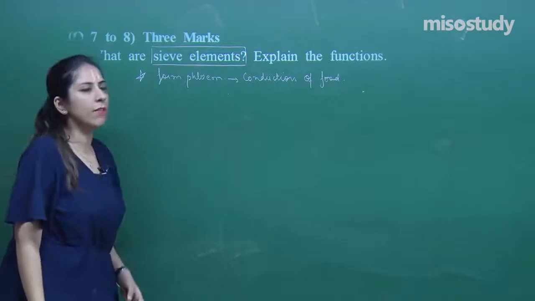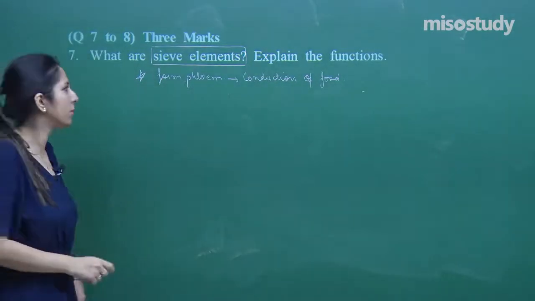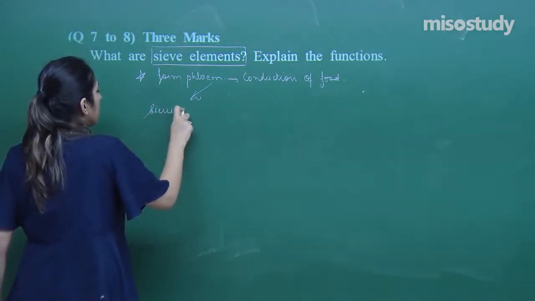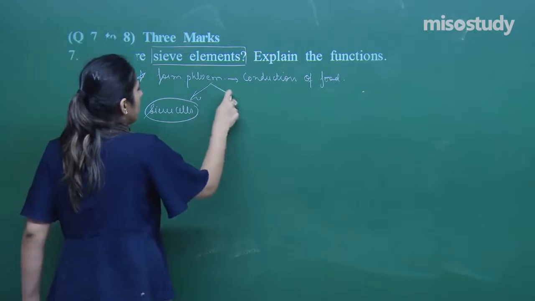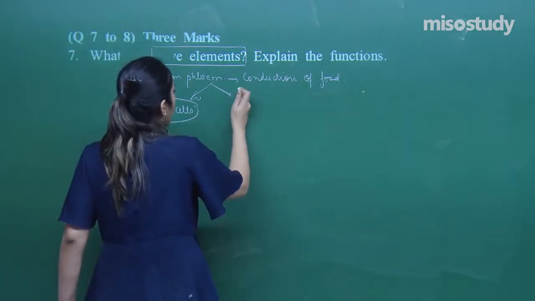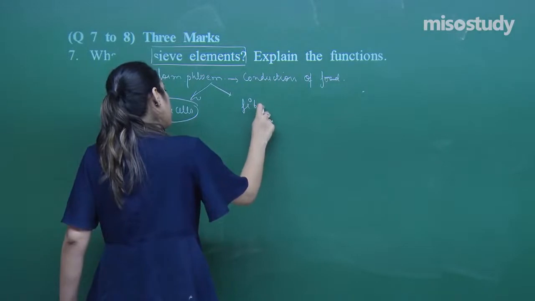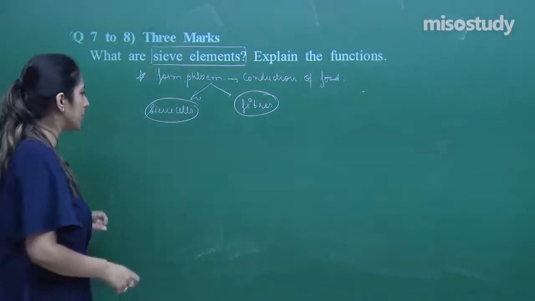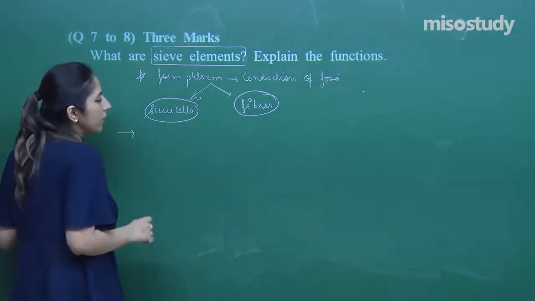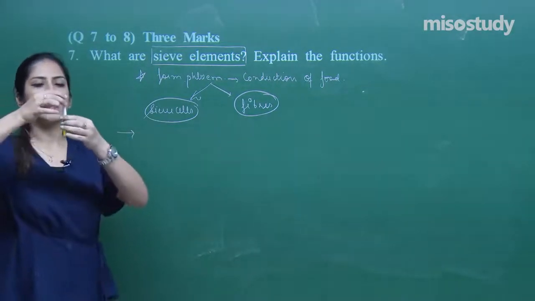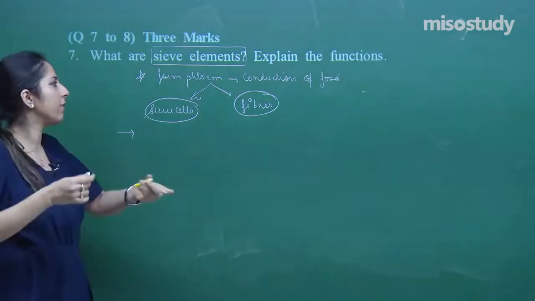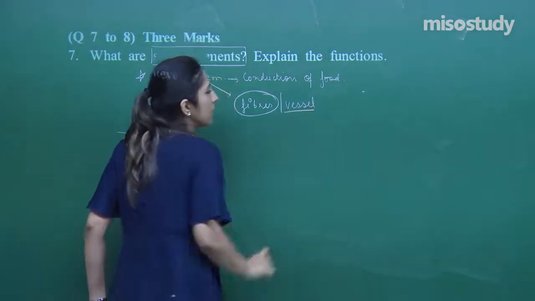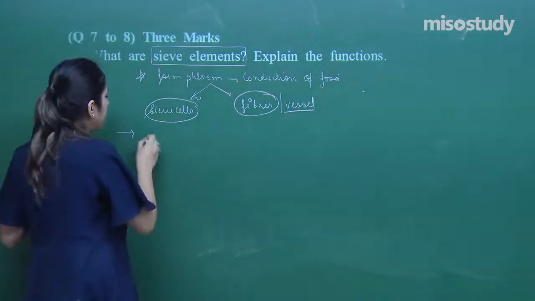Now, to talk about the sieve element, they are further made up of two types of structures. One is called sieve cells, and they further form sieve fibers. Let's talk about these sieve elements. In the case of the sieve element, the sieve cells are arranged one above the other and form a fiber or vessel-like structure, which is also called sieve vessels.